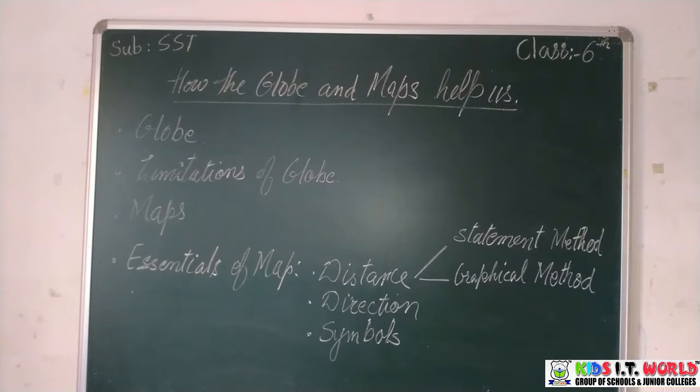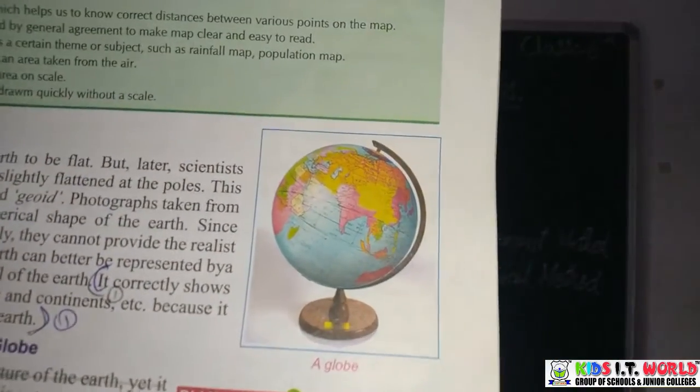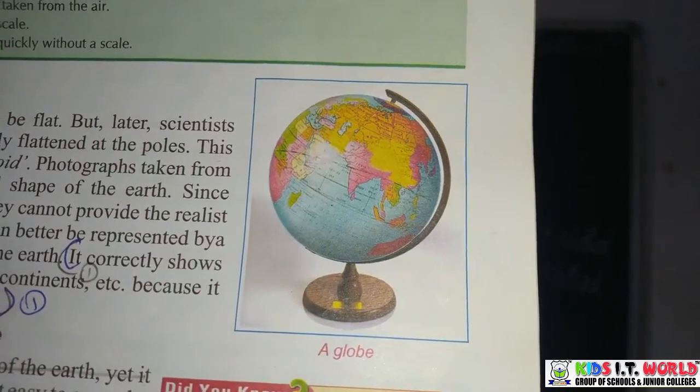Yes, it's a globe. It's a round ball which depicts different continents, different countries on it. Your teacher must have shown you, and if you wish to see it again, I can show you quickly. So this is how the globe looks like, right?